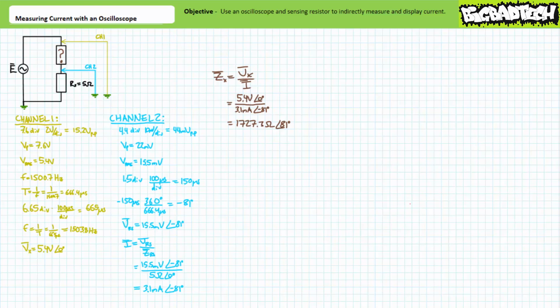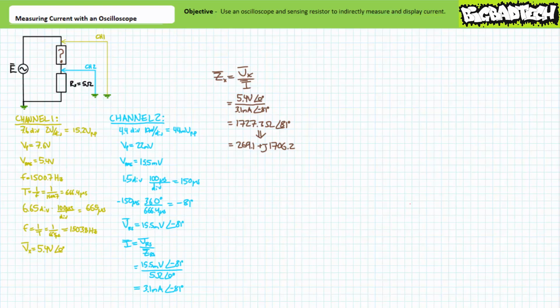If this impedance was purely inductive, we'd be able to directly solve for the component level value of the inductor satisfying this condition. However, since it's only largely inductive in nature, this necessitates another intermediary step. We need to resolve this impedance represented as a magnitude and direction using polar format into real and reactive components using rectangular format. Doing so, we find 1,727.3 ohms at an angle of 81 degrees in polar format to be